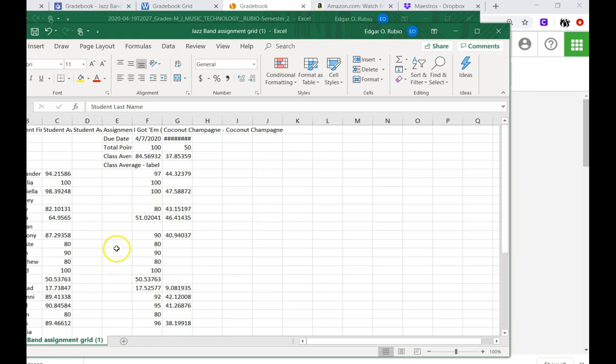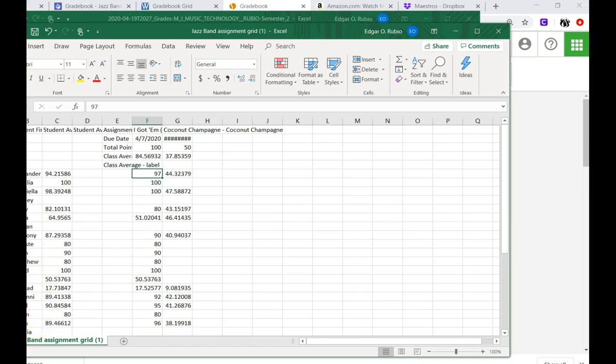Once you open the CSV file that you downloaded from Smartmusic, you're going to see that here are the two assignments that we had downloaded that I had on Smartmusic. So for the purposes of this exercise, I'm just going to do the one assignment, which is this one right here. And again, remember, it's really important that you make sure that all your kids here are in the same